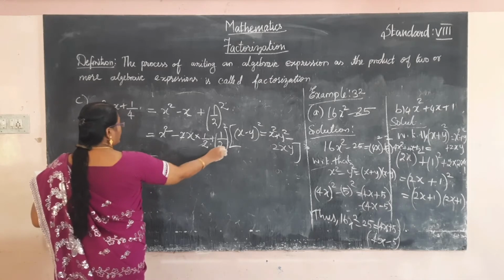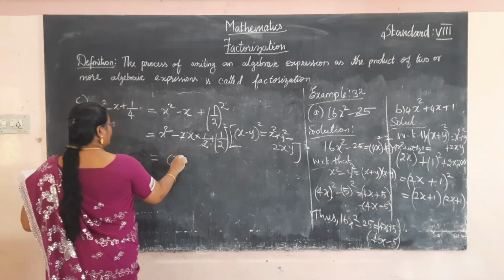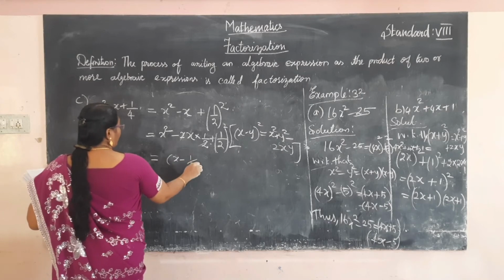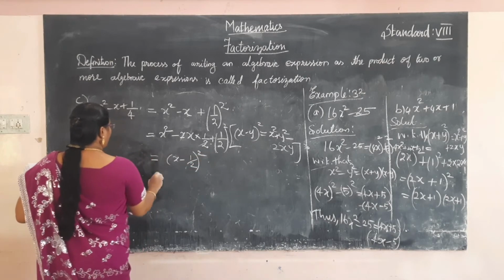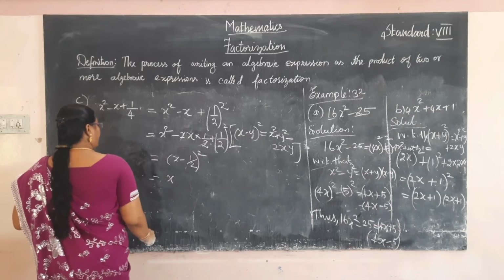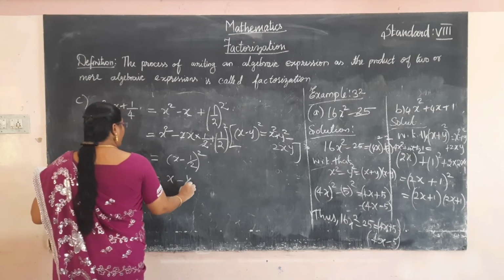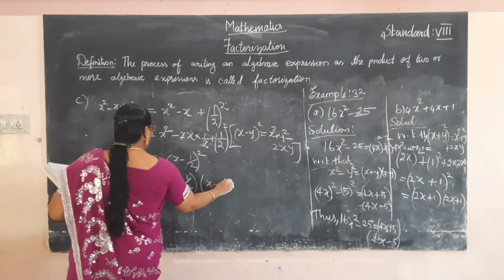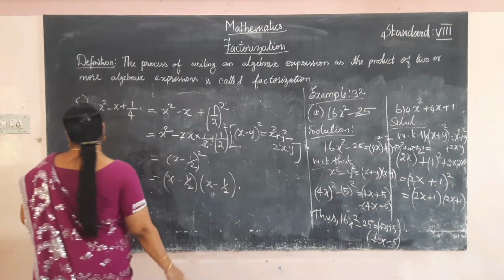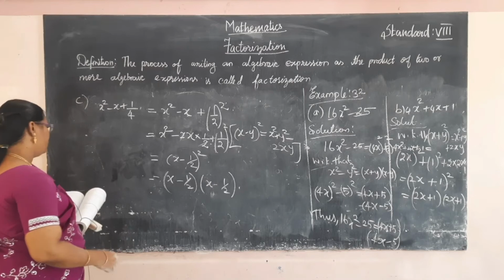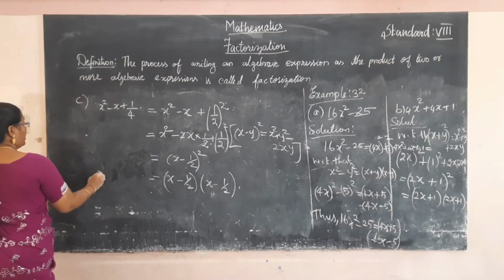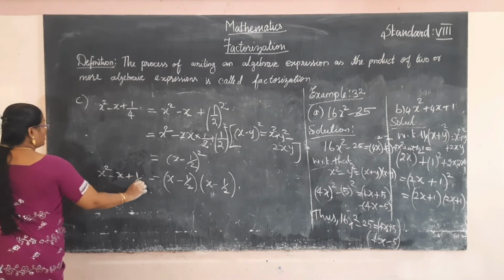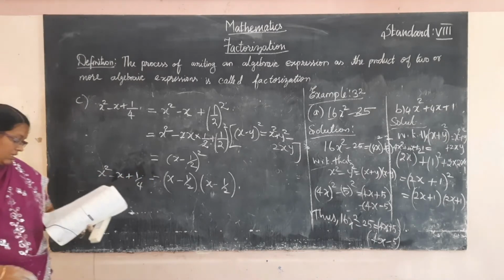So applying the identity to x minus y, where the y value is 1 by 2, the whole square can be written in the expanded form of the factor: x minus 1 by 2 into x minus 1 by 2. So the factor for x squared minus x plus 1 by 4 is this one, right?